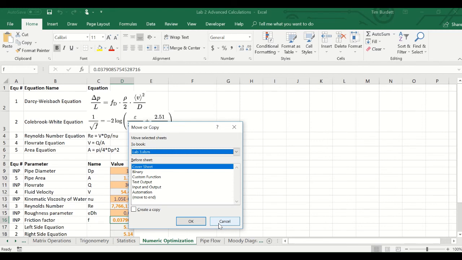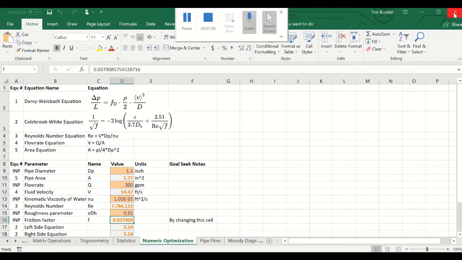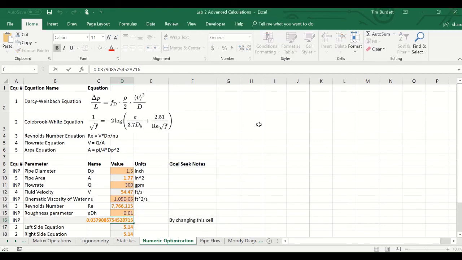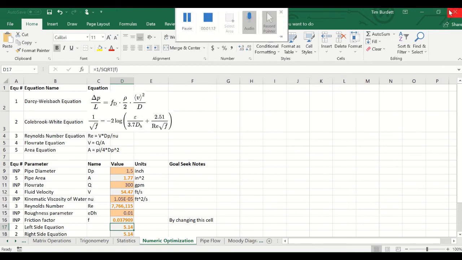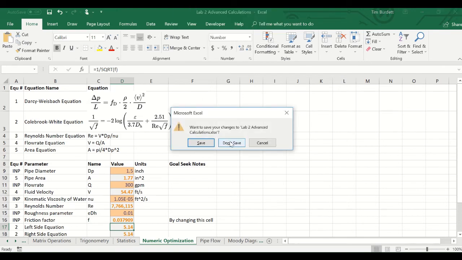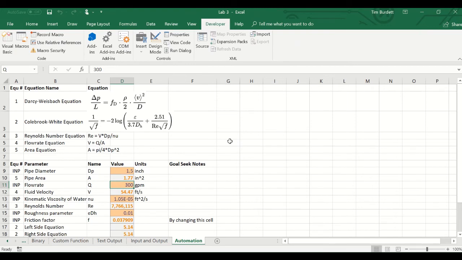I'm going to hit cancel because I've already done it, and then close. Go ahead and hit close, and don't save, so that when you reopen it, you'll have that tab back in that worksheet. So now what you see is I have the variable names here. If you don't do that right, you won't have the variable names, and it won't calculate properly,